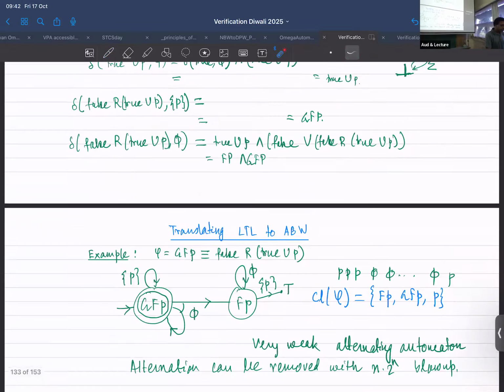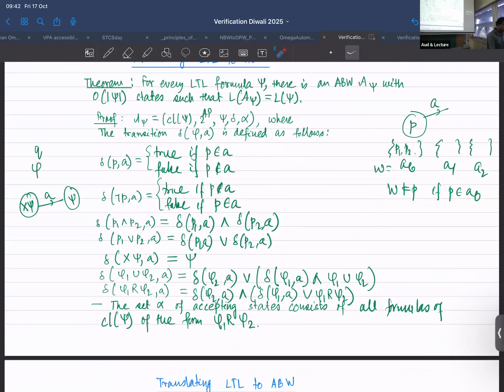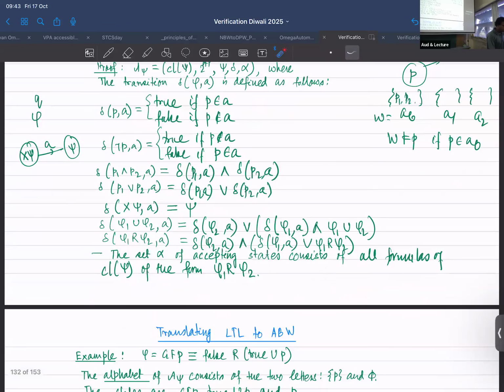And also there are a few things, like we also defined here in the automaton the transition function, right? So for example, what is A here? This is a letter, and the letter is a subset of the set of atomic propositions. If P is a formula, an atomic proposition in the closure, and P belongs to A, then delta of P, A is true. And similarly, you have delta of negation of P, comma A, delta of P1 and P2, comma A, and so